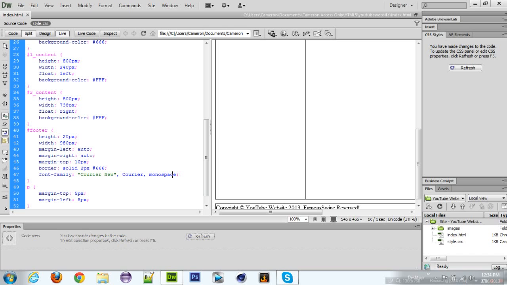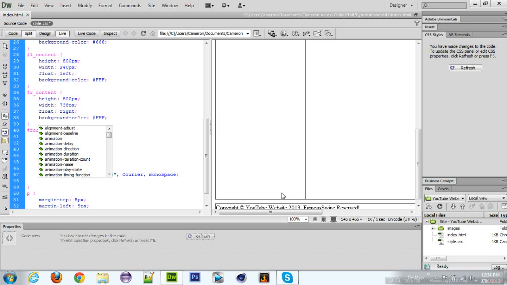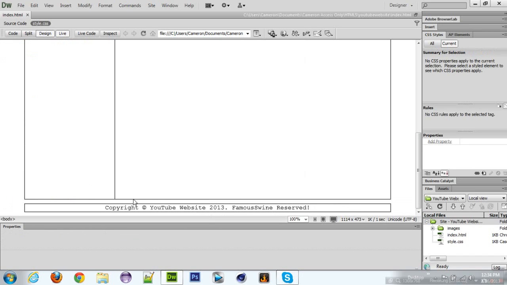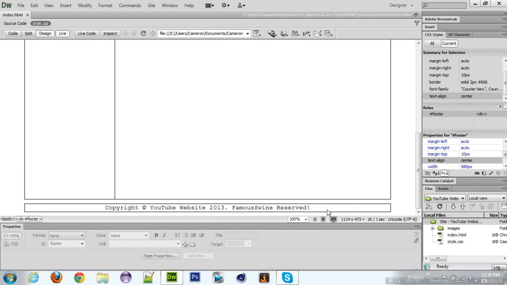Yeah. So you got that, and then you want to do text align, and just hit center there. You save. See, it's centered, and it's the Courier New. So that's the